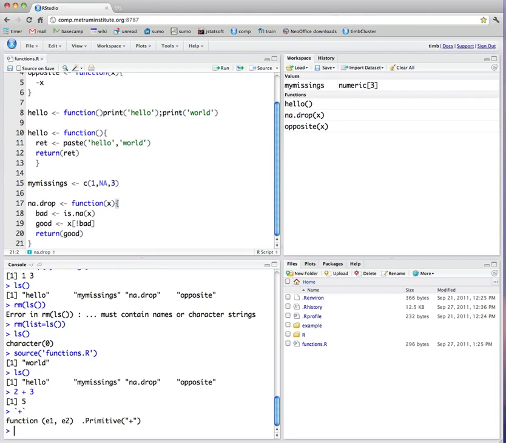Unfortunately, it's not very informative because it turns out that addition is a primitive function in R. That means it's actually defined in the C language, and the code is hidden from our view. All it is, is a primitive plus operation. But it is a function, we've learned that much, and that means we can do some weird and wild things